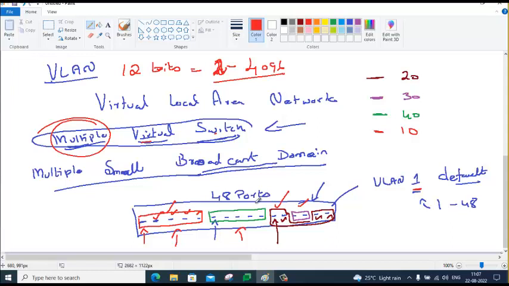As a result, you improve the performance. We have grouped these 5 computers because they are the ones going to talk. They all belong to the same department. When a broadcast is sent from this computer here,